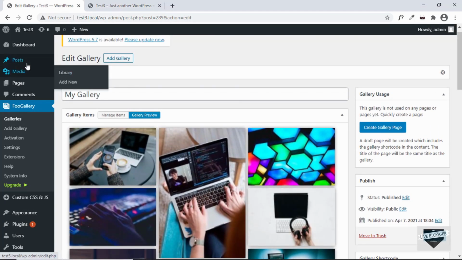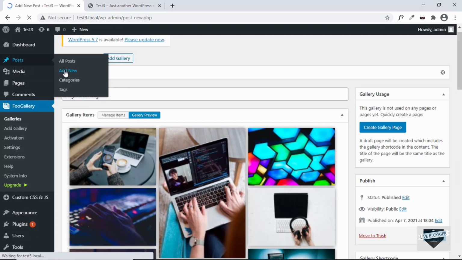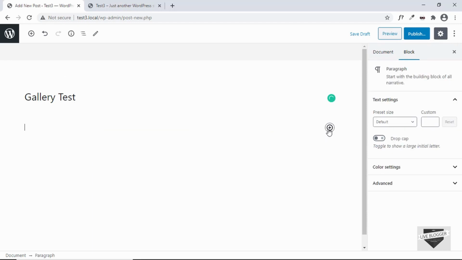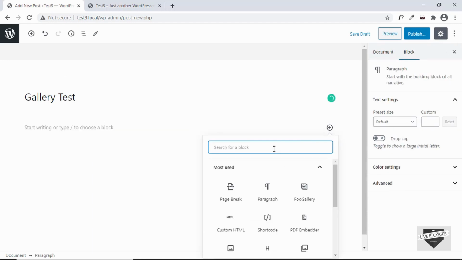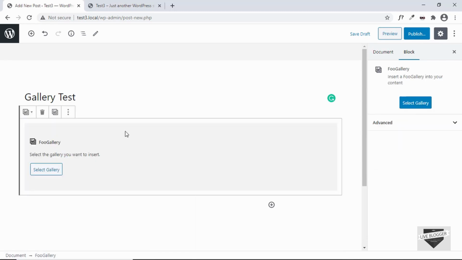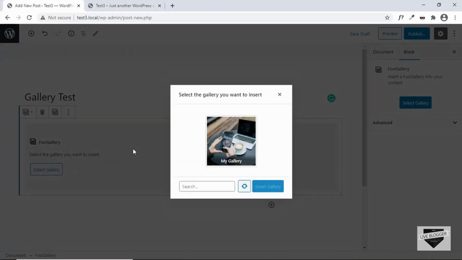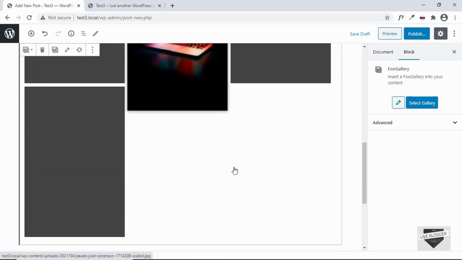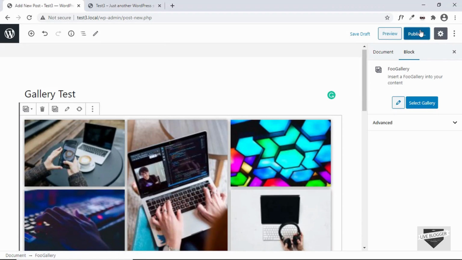So let's go over here to posts and click on add new, and let's add a title over here, gallery test. And you can click on this plus icon and search for Foo Gallery, and just select that, and then you have to click on select gallery. And now all the galleries that you have created will be displayed over here. So we have just one gallery, so let's select that and click on insert gallery, and the gallery is inserted over here. Let's click on publish,